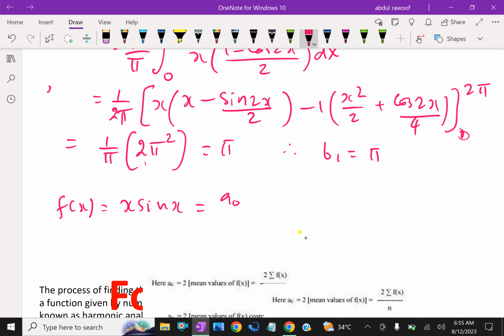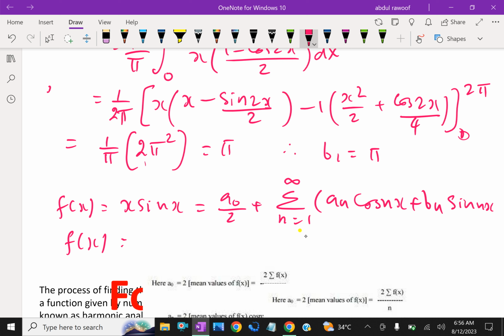That is a0 by 2 plus sigma n equal to 1 to infinity of an cos nx plus bn sin nx. So after simplifying, we get f of x equal to